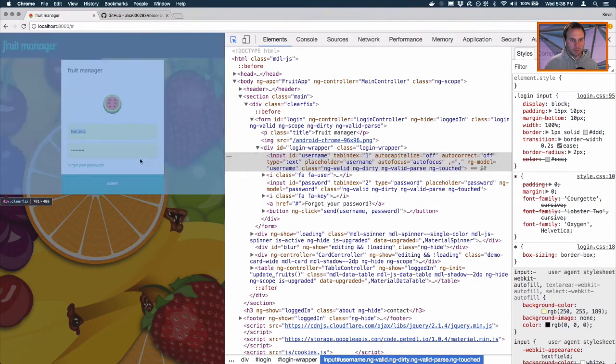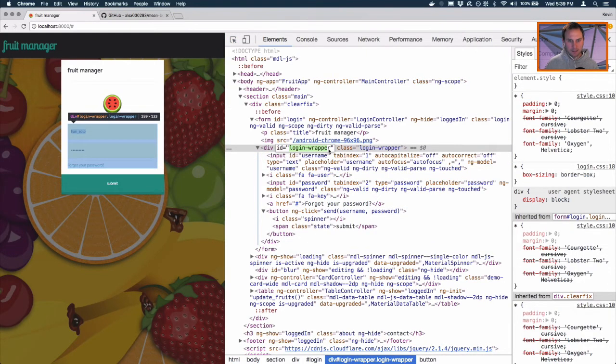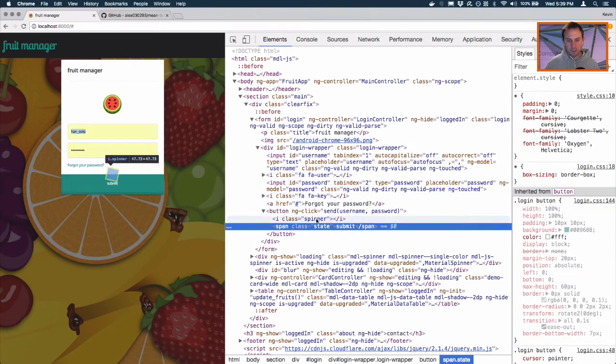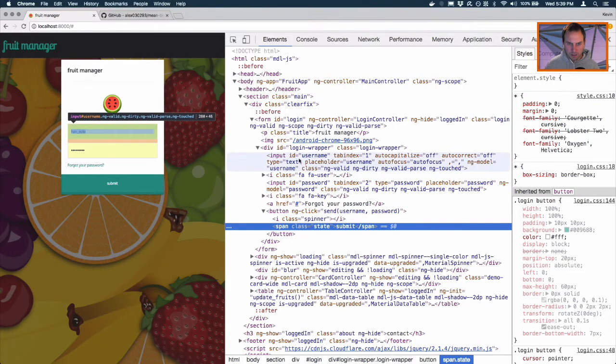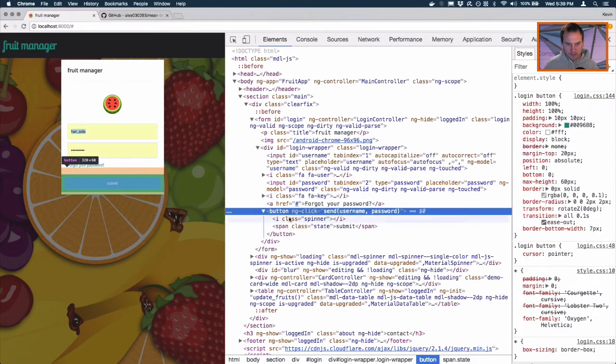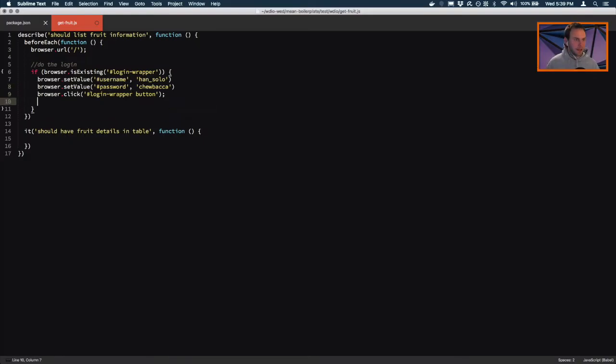So I will click the submit button. The best selector that I can see right now, I could go with a submit selector, but with this italic tag in here, it could be kind of confusing, or it could not be quite right as far as what this value actually is. So I'm just going to say browser.click, and pass in that login wrapper with a button. So a button element inside of login wrapper, and I'm hoping there's no other button elements in here, and it doesn't look like there is. So it's going to click that, and then I'm going to do a